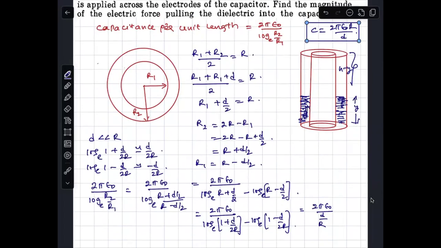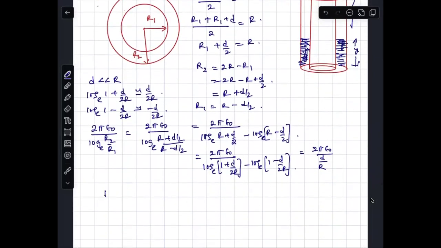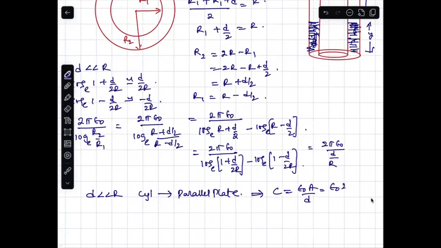The easy way: when the distance is very close, the cylindrical capacitor becomes a parallel plate capacitor, which means C is epsilon naught A by D. What is the area here? 2 pi R